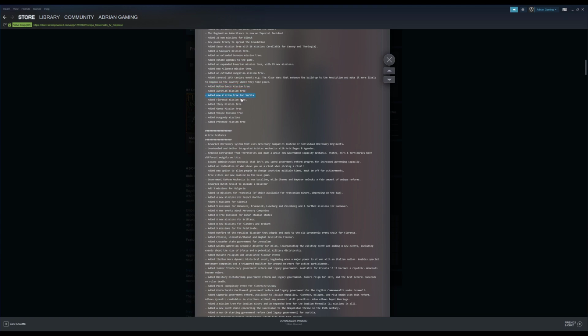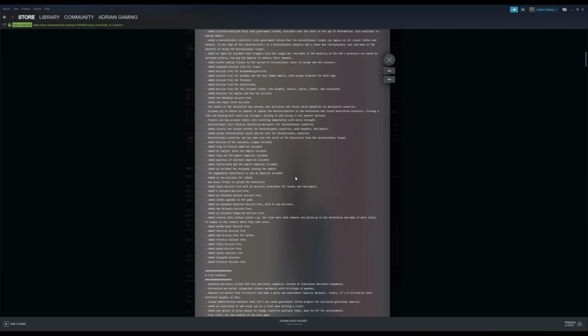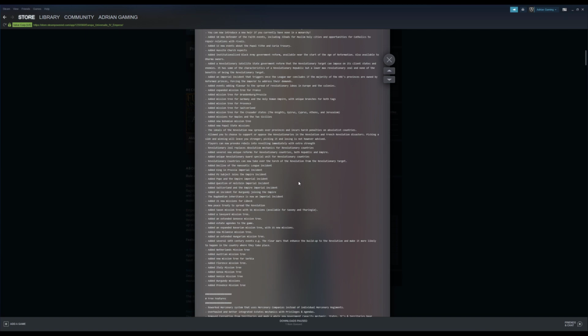There's a new mission tree for Serbia, Florence, Italy, Genoa, Venice, Burgundy, and Provence. So those are all the paid features of the expansion. Like I said, just to reiterate,